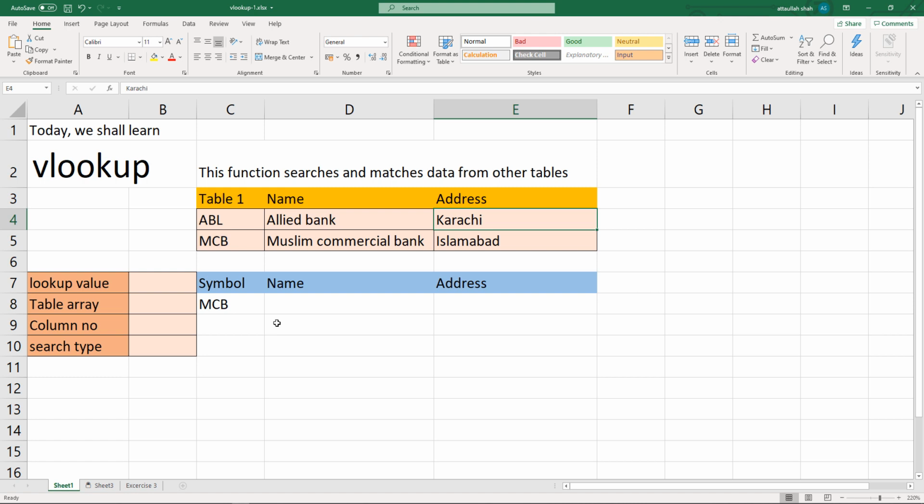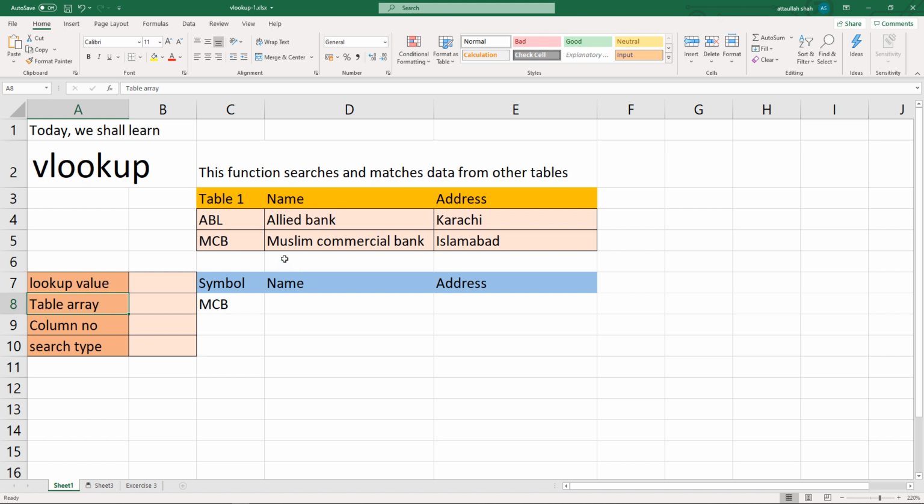The VLOOKUP function has 3 arguments. The first argument is the lookup value. It is the value that we are searching for. It is the criteria on which the specific search will be done. Table array is the second argument, and it is the whole data set in which we want to search.